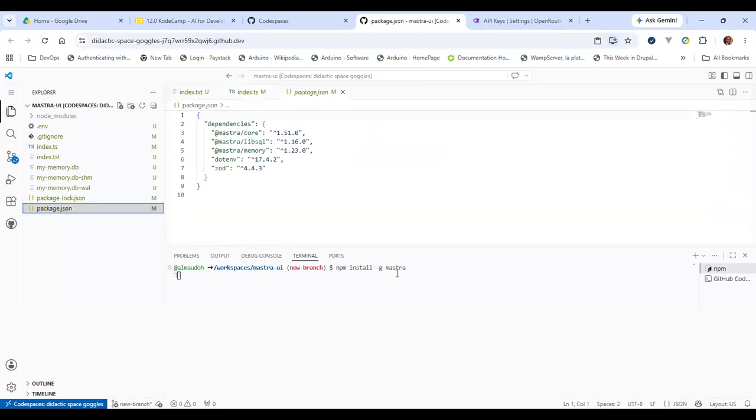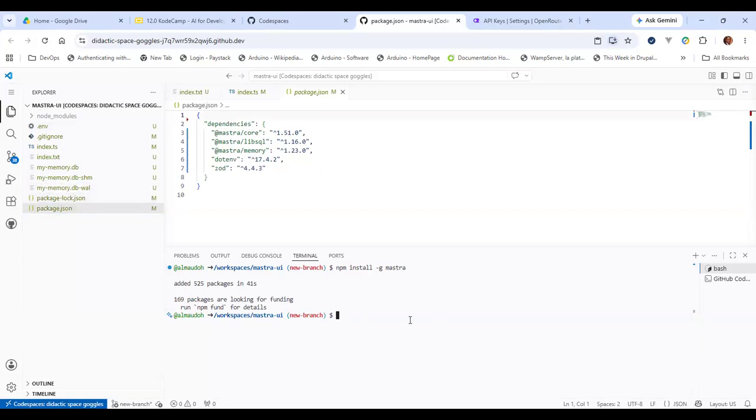While this is running, the second thing is you can now start the Mastra dev server. I think Mastra is installed. We had already installed part of it anyway when we installed the Mastra core and libsql and all of that.